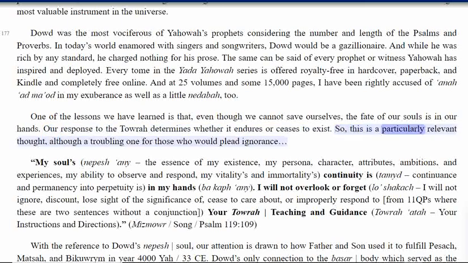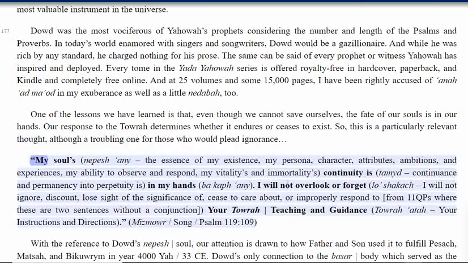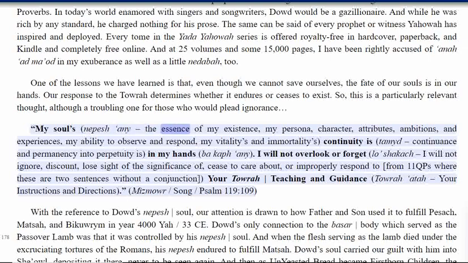So, this is a particularly relevant thought, although a troubling one for those who would plead ignorance. My soul, Nephesh Eni, the essence of my existence, my persona, character, attributes, ambitions, and experiences, my ability to observe and respond, my vitalities and immortalities, continuity is, Tamid, continuance and permanency into perpetuity is, in my hands, Bar Kafeni. I will not overlook or forget, Lo Shakak, I will not ignore, discount, lose sight of the significance of, cease